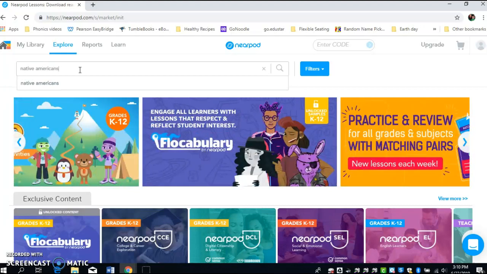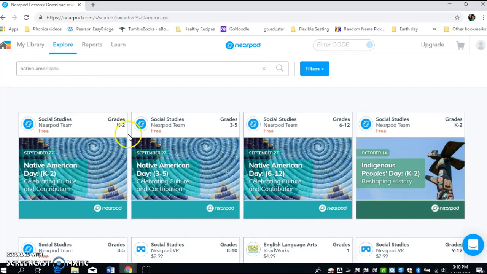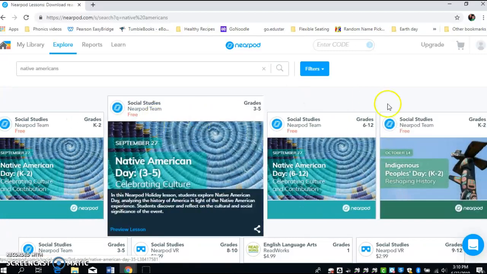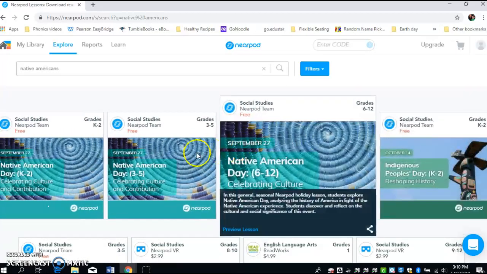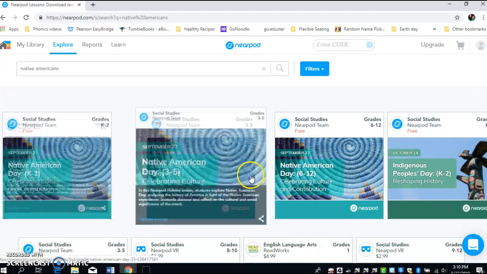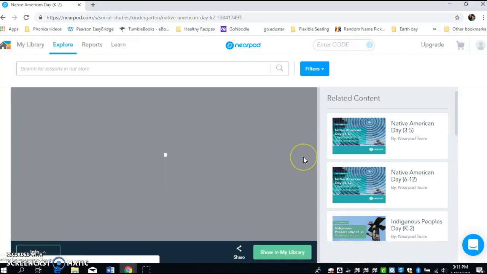And also, this is good for a variety of ages and grade levels. So Native Americans. So all these popped up. I look for the free ones. Sometimes they are paid. You have to pay, but most of them are free. And then there's different ages, even of the same lesson. So I clicked on K-2 because I teach second grade. Before you decide to download it to your library, you can preview it. And we'll just click here, and it lets you